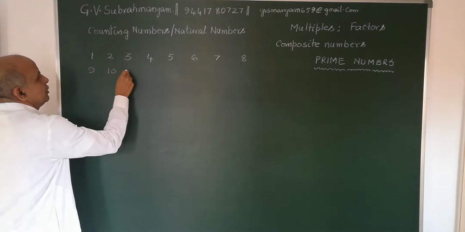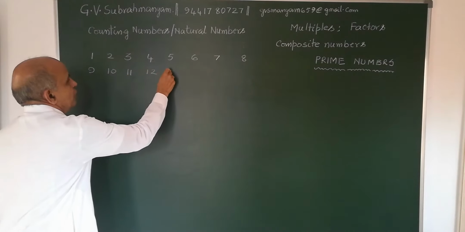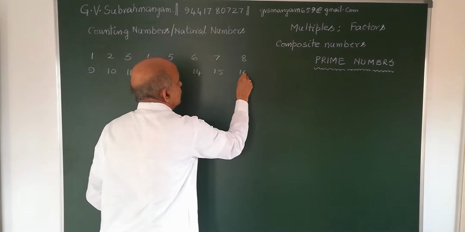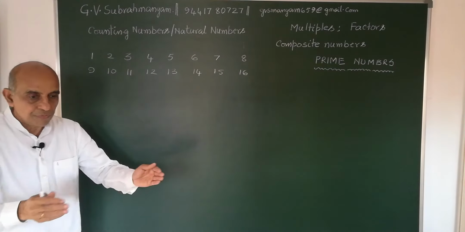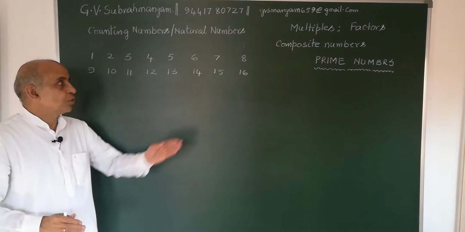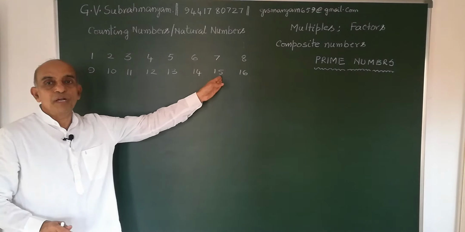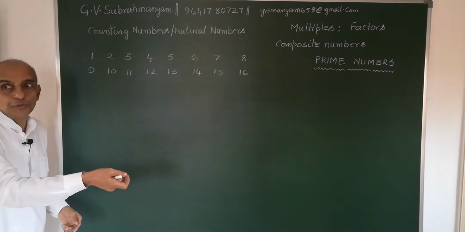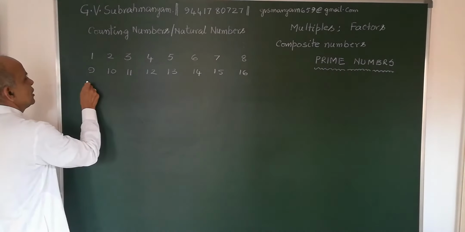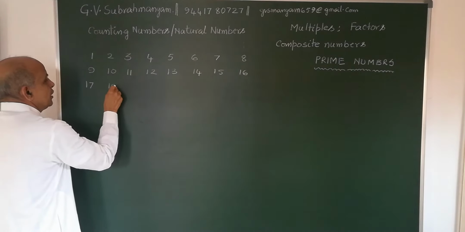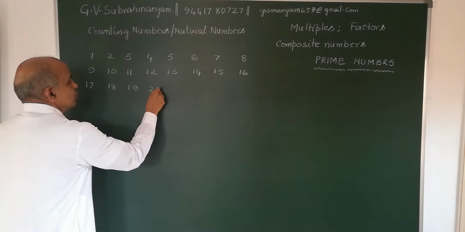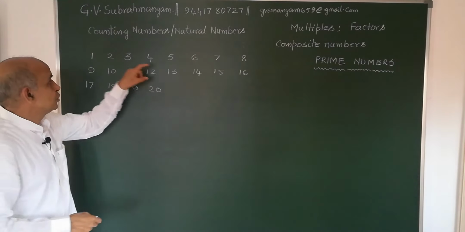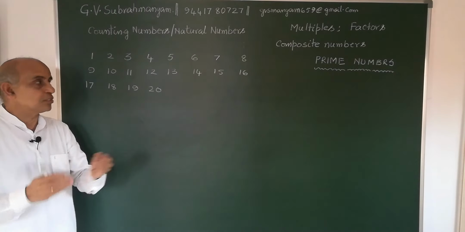9, 10, 11, 12, 13, 14, 15, 16. Suppose you have 15 children in your group. So this is the symbol to show. Suppose you go to a hotel and you take 20 rupees. So what is the number? 16, 17, 18, 19, 20. So this is 20. Two 10 rupee notes. Like that, if you have 2 tens, that is 20.